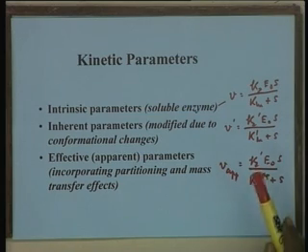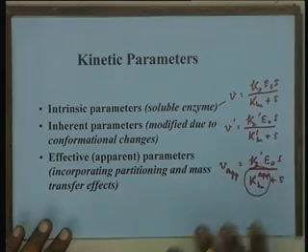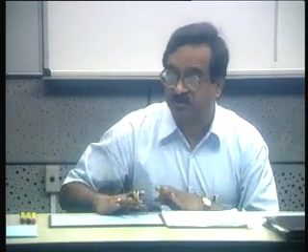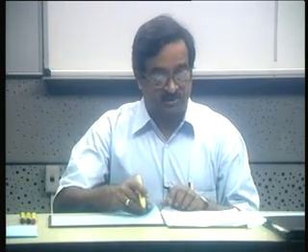Similarly, on the other hand, the internal pore diffusion also can be regulated by controlling the particle size. That means the distance for transport of the substrate into the immobilized enzyme particle is minimized or reduced. Therefore, the substrate will be available all across the particle and thus they can be modified, and therefore, they are called essentially apparent parameters. And as a matter of fact, in all possible analysis, we must be interested in these apparent parameters, Km apparent, because that will dictate essentially if we want to consider diffusional limitations also as a part of our analysis.